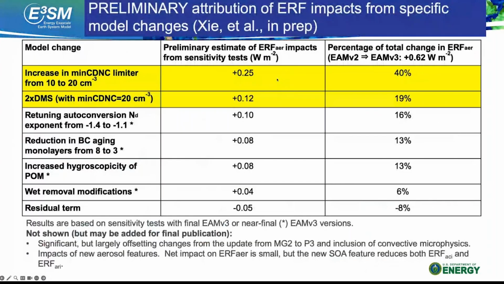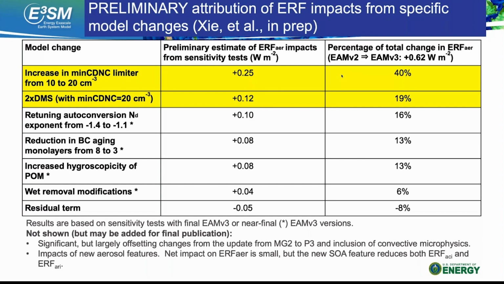So that was a quick tour of some of the different hypotheses that we looked at. And now I want to show you at the end a preliminary assessment of the breakdown for the changes that we did end up making. What were they, and how did each of these changes impact the aerosol effective radiative forcing? This table will eventually appear in the atmosphere overview paper, and may have some updates by then.